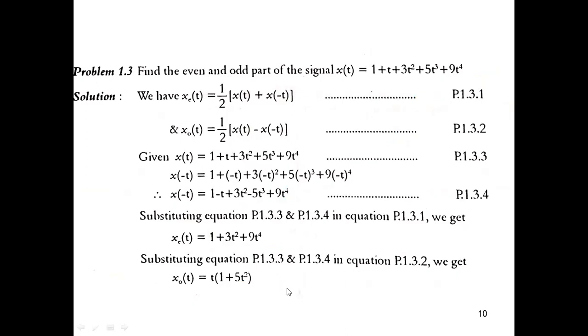And here is something similar and equally tricky. So what is the tricky part here? Now see, the trick lies in the substitution of x of minus t. You can see here, t and t cube, their signs are changing, whereas t square and t to the power 4, their signs have remained the same, because t square and t to the power 4 are even components, whereas these are odd components. So you can see the even and odd components have yielded accordingly.